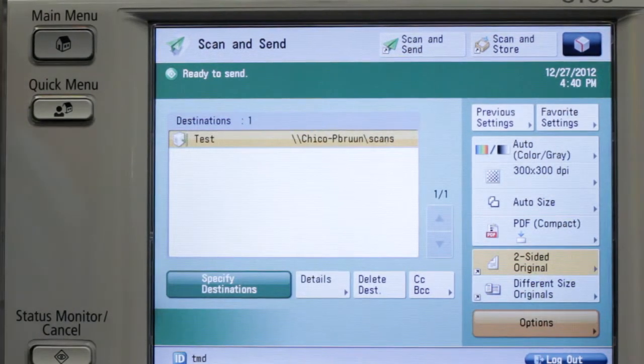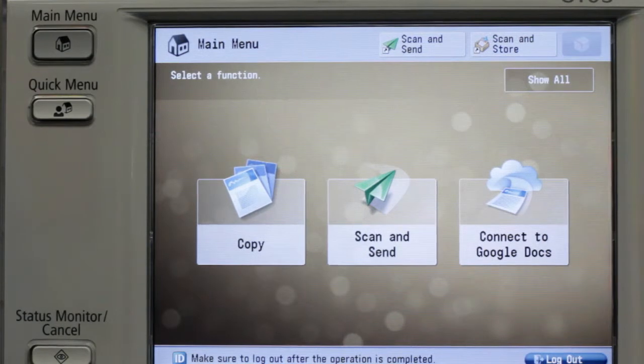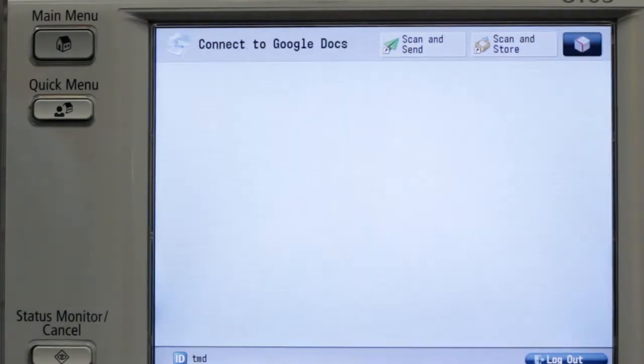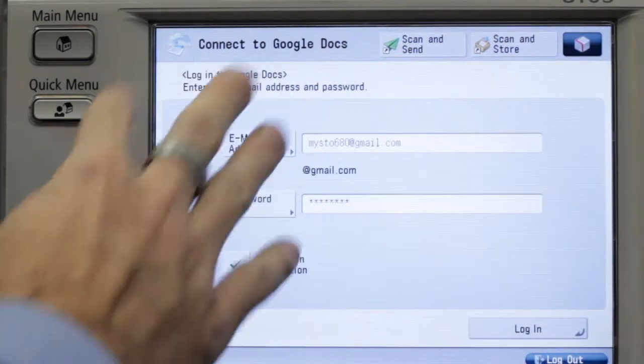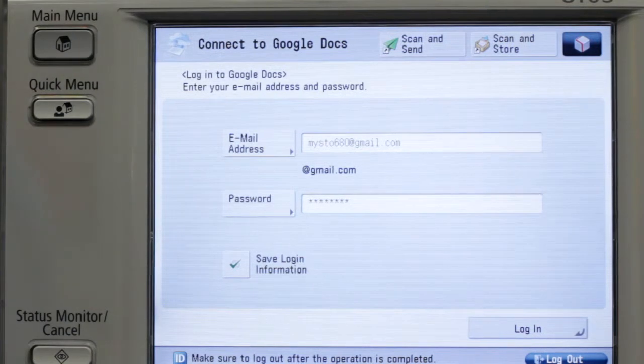Another main feature that we want to show that's becoming more popular within businesses is Google Docs. And again, this is important to go from user to user and not having them to enter their password every single time. So here I'm going to press connect to Google Docs, and all of this information is saved per user. They do not have to type it in every time. So when I press login,